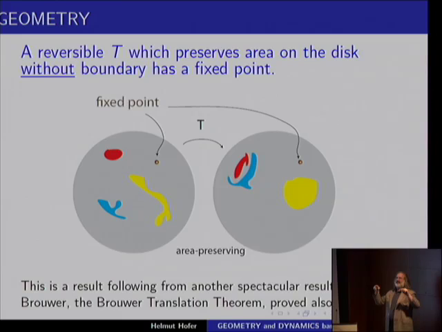If you give 2 different inputs, you should get 2 different outputs, and every possible state is the output for some state. So when you apply this machine, every possible state is hit. Then you can actually run the machine backward. You take the state and look for the input state you need to produce that state. So if you have a machine which you can run backwards, and it preserves area.